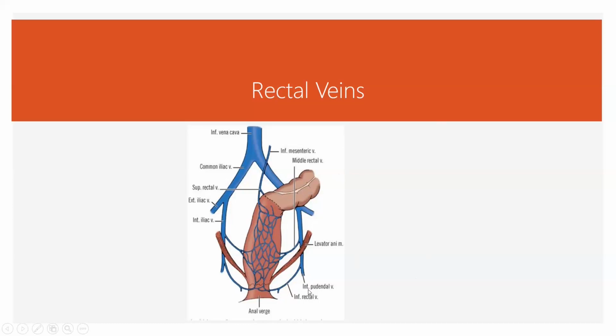feeds into the internal pudendal vein, and that one goes into the internal iliac vein, and then of course into the common iliac vein and the vena cava. The middle third of the rectum is drained by the middle rectal vein that goes directly into that internal iliac vein. And then the upper part of the rectum is drained by the superior rectal vein, which goes into the